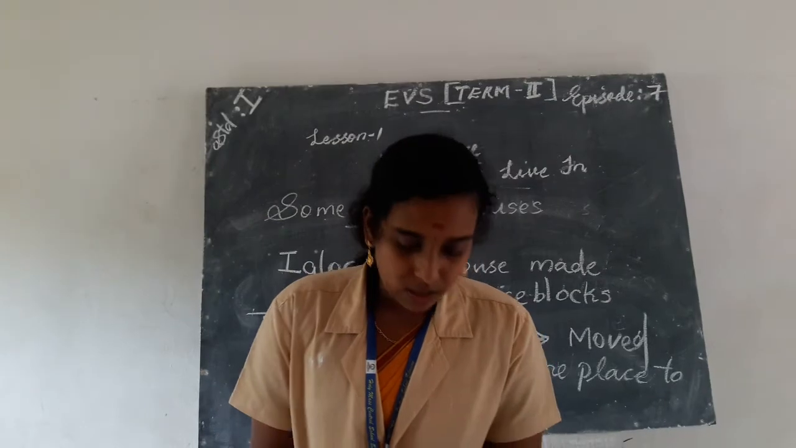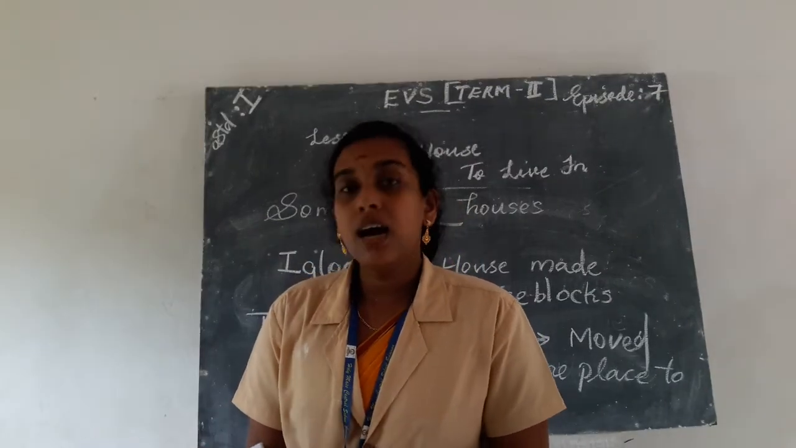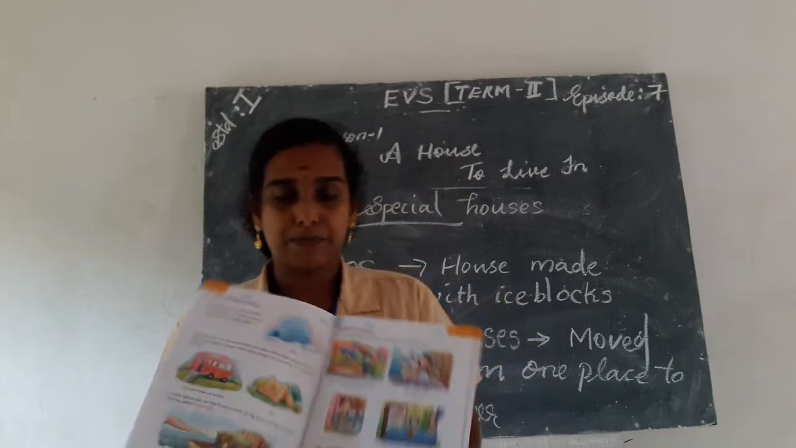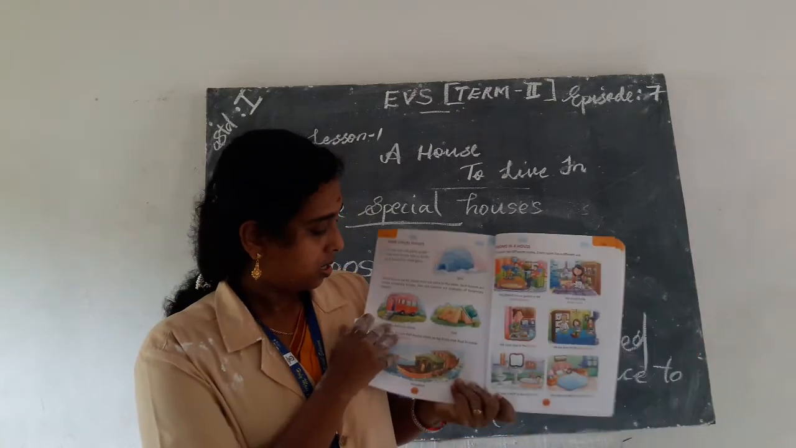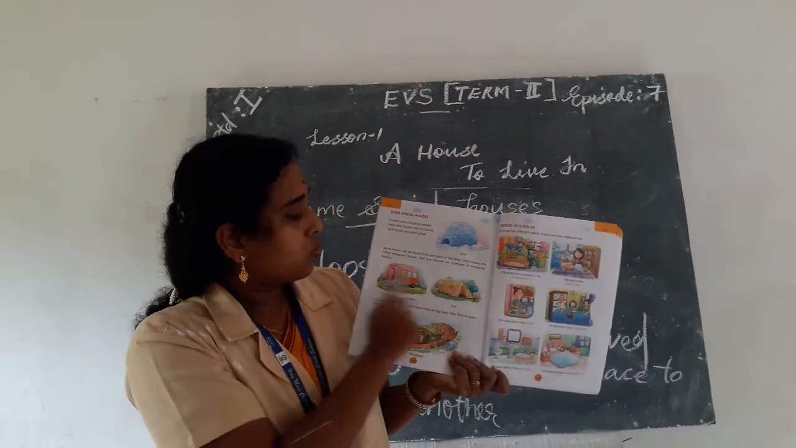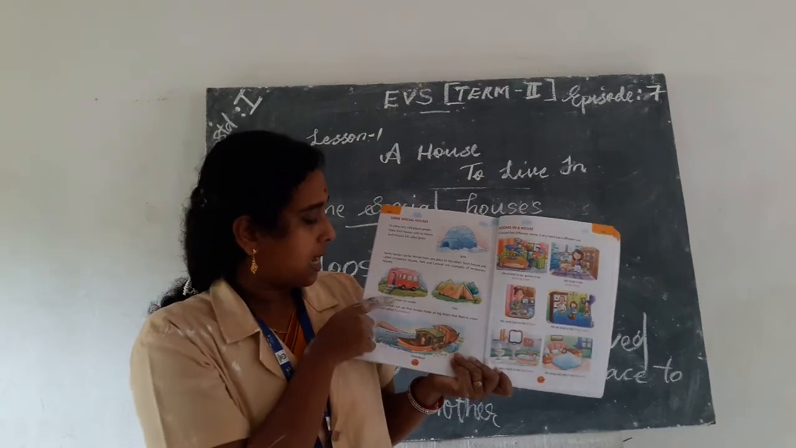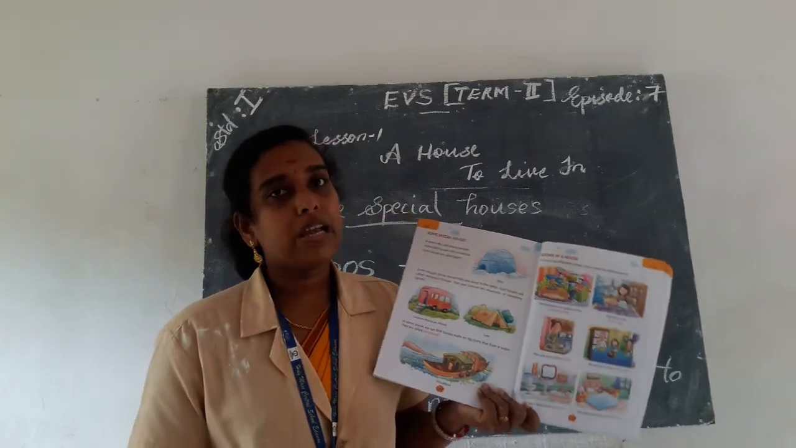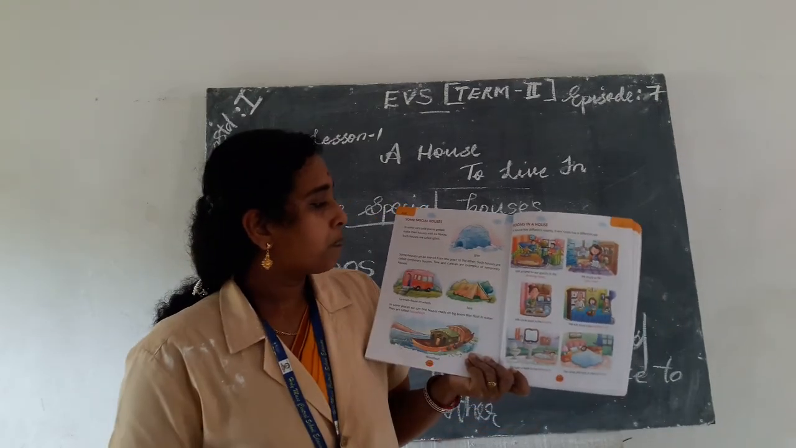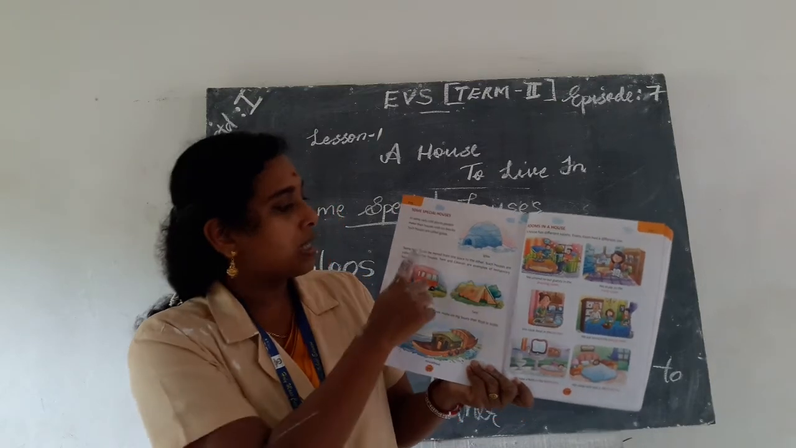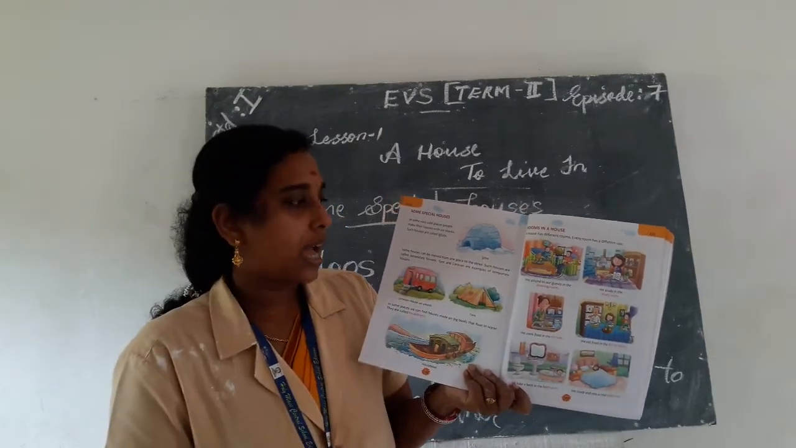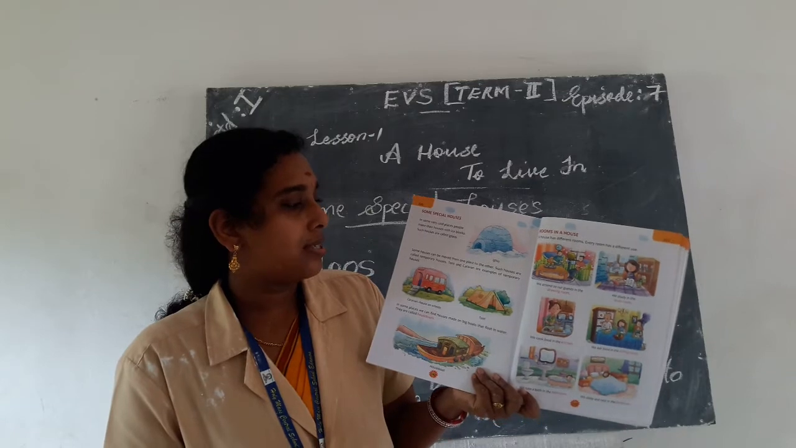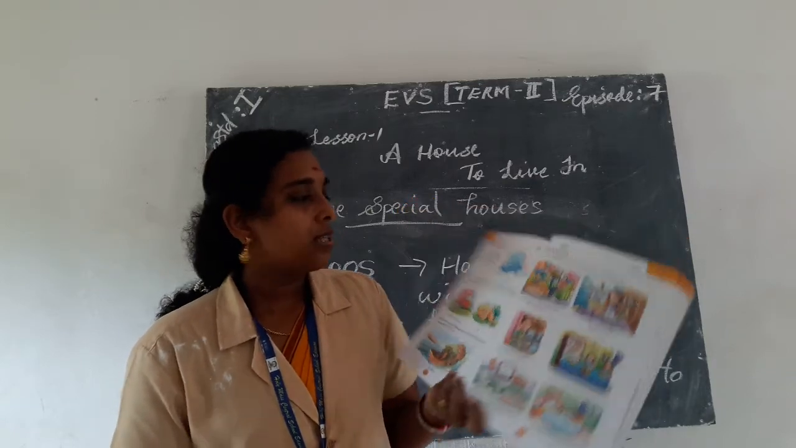Okay. So a caravan house is made in a van, on wheels. Here, these two houses are temporary houses, that is the caravan house on wheels and the tent. These can be moved from one place to another. Such houses are called temporary houses. Tent and caravan are examples of temporary houses. So the next house is